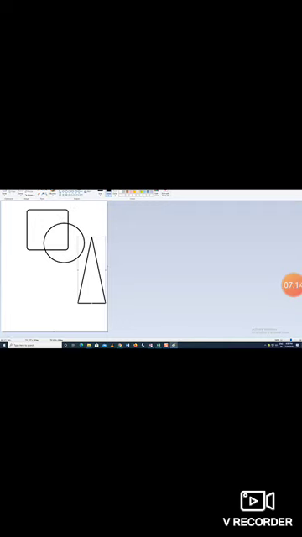Next one, the pencil tool is there. If you want to draw something, you use the pencil. Next one, the paint bucket. If you click the paint bucket and choose the color, it easily fills the paint. Any other color we want, we can easily click that. Next one, the text tool. If you want to write something in your Paint, you can use the text tool. Next one, the eraser. If you want to erase something in your painting, you can use the eraser. The eraser rubs out the unwanted things.